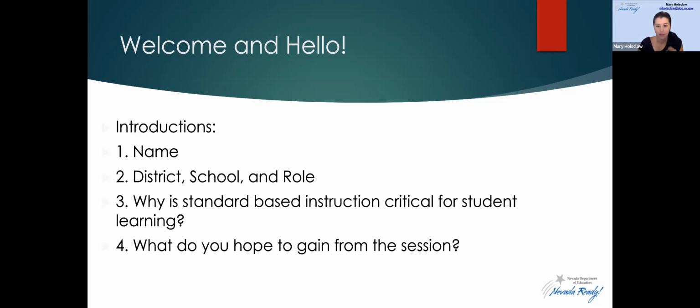What I hope to gain, I actually have already gained something by learning more from my colleagues, and I hope to gain and learn more from our administrators in attendance and hearing more beyond the K-5 math lens, though I do see the connection with my fine arts group. And with that, I'm going to popcorn it over to Robert.